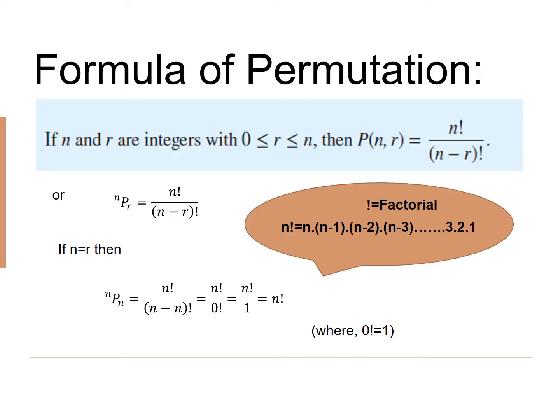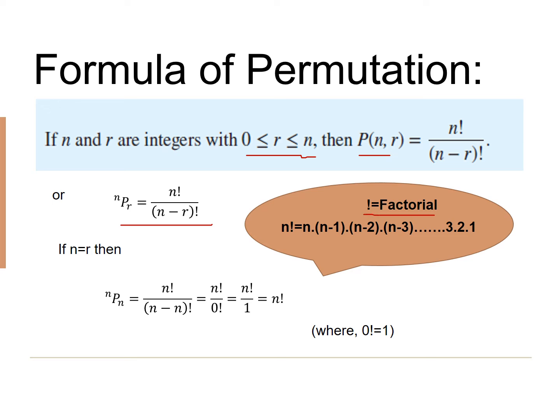Now we discuss the formula of permutation. If n and r are integers with r greater than or equal to 0 and less than or equal to n, meaning the range of r is from 0 to n, then permutation is equal to n factorial over n minus r factorial. Or you can write it as nPr is equal to n factorial divided by n minus r factorial, where this